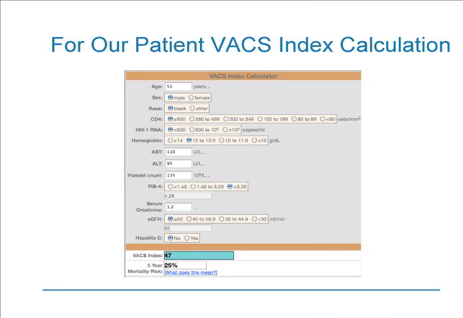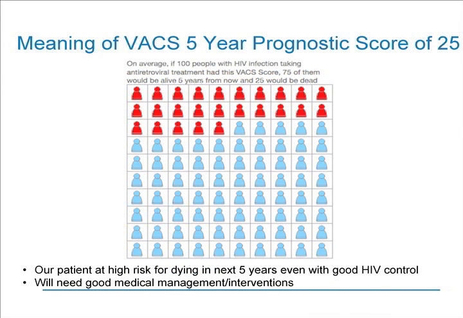And I've plugged in his recent labs, including his response to therapy, and I'll point out that it has some key demographic variables, some key HIV-related surrogate markers, bone marrow indices, liver indices, renal and hepatitis C-related indices. So it captures a lot of end-organ damage that can be impacted by such things as high blood pressure or diabetes, for example. And for our patient, the index came out at 47, which, despite the fact that we might be patting ourselves on the back for how well he's doing HIV-wise, gives him an expected mortality for the next